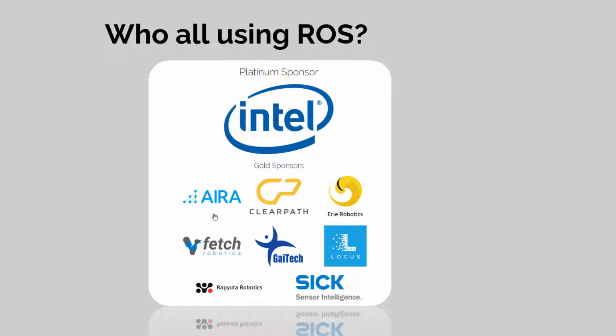So the limit is actually very big. I mean, there are many companies now working with ROS. I know Intel, AMD, then Nvidia, big players. Everyone is working on ROS in different domains. Nvidia is working on deep learning, then